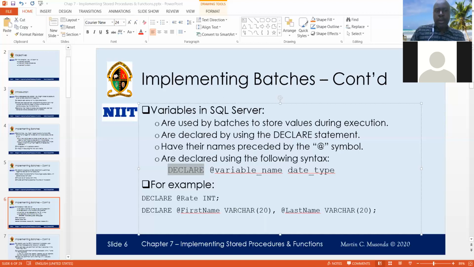So I'm creating a variable called commission, and